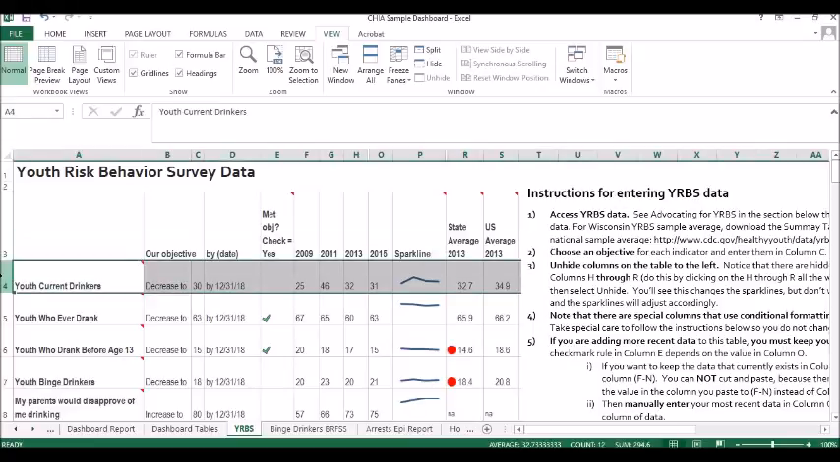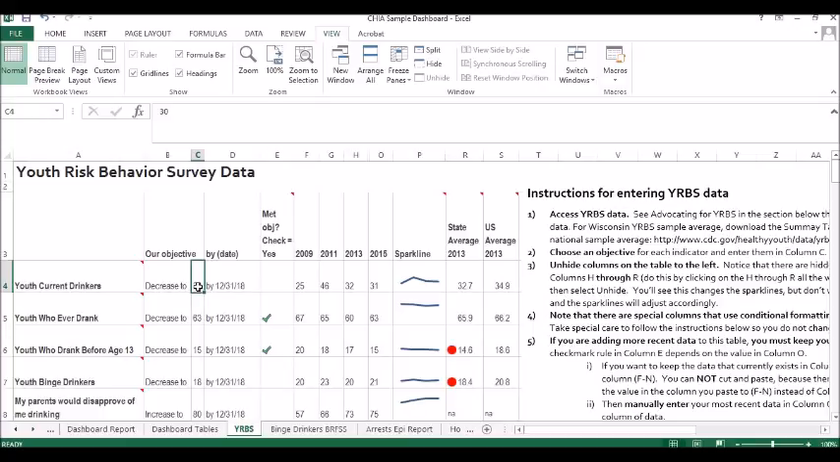For each indicator, this table presents an objective, which you can put in yourself in column C here. For example, you might want to decrease the number of youth who currently drink to 30% by the end of 2018. This next column, E, generates a check mark if your objective has been met by the last data point, in this example, 2015. So if your objective is to decrease this rate to 30 and you're only at 31,